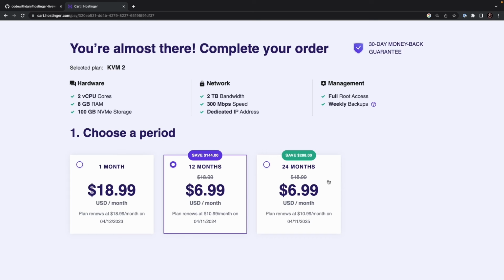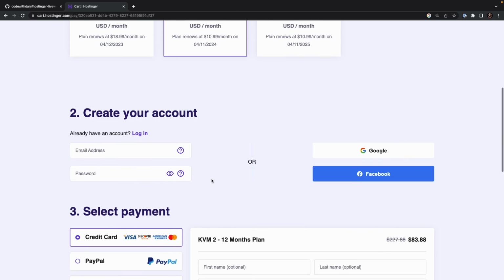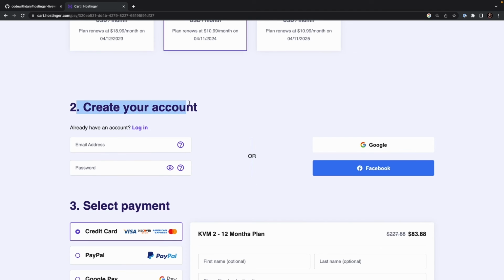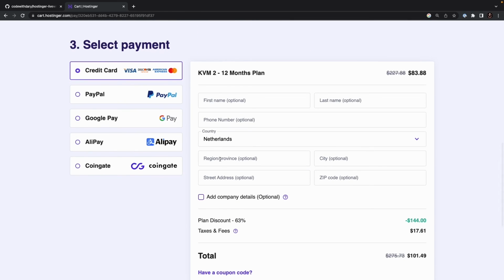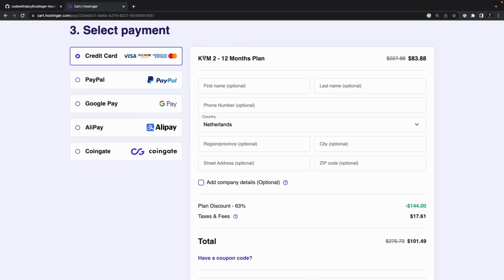Now quick note, Hostinger offers a 30-day money-back guarantee, which allows you to test it out and see whether any type of hosting suits your requirements. For now, I'm going to choose the 12-month deal, which will save me $144. And if we scroll down, you will see that for the second step, we need to create a new account. Now, once you have created your account, you can continue on to step number 3, where you can choose the payment method. You'll find an overview of the services that you're going to purchase. So a KVM 2 12-month plan for $83, but with taxes and everything,